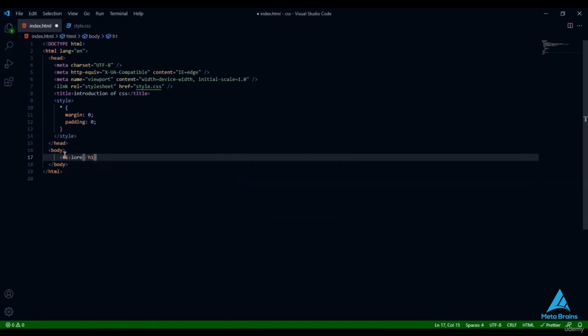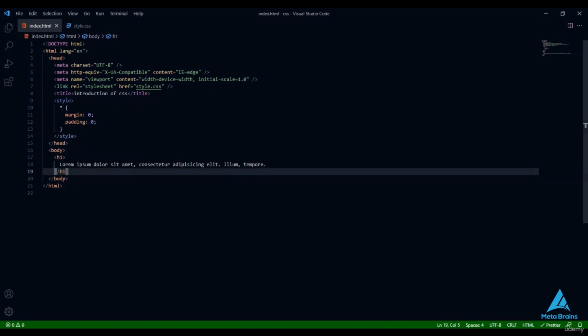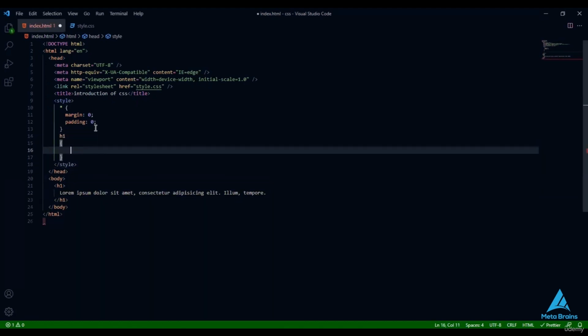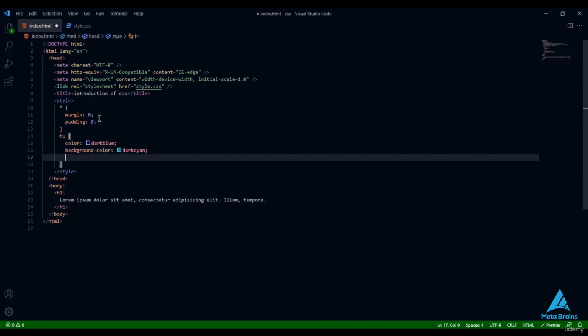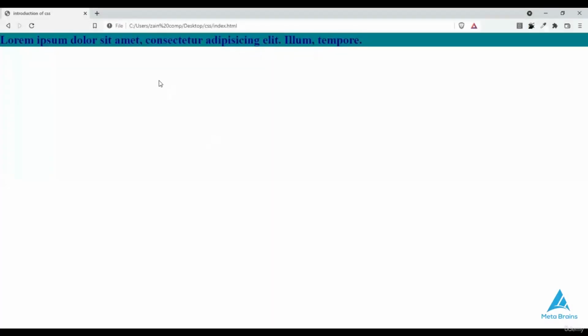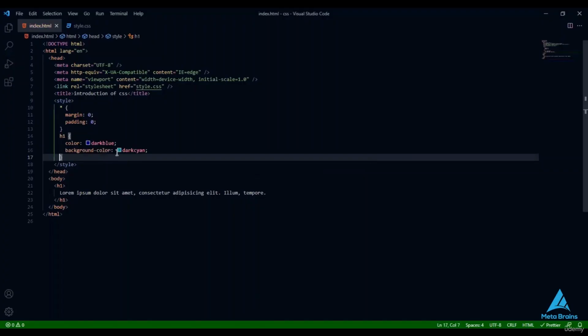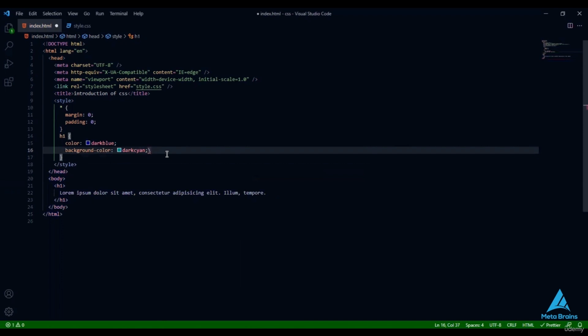I've written lorem with 10 words. I've given it a color and a background color. If I don't do anything, it will take up 100% of the width as well as the default height. So now if I want to add some customizations, I can specify it here and write, for example, height 500